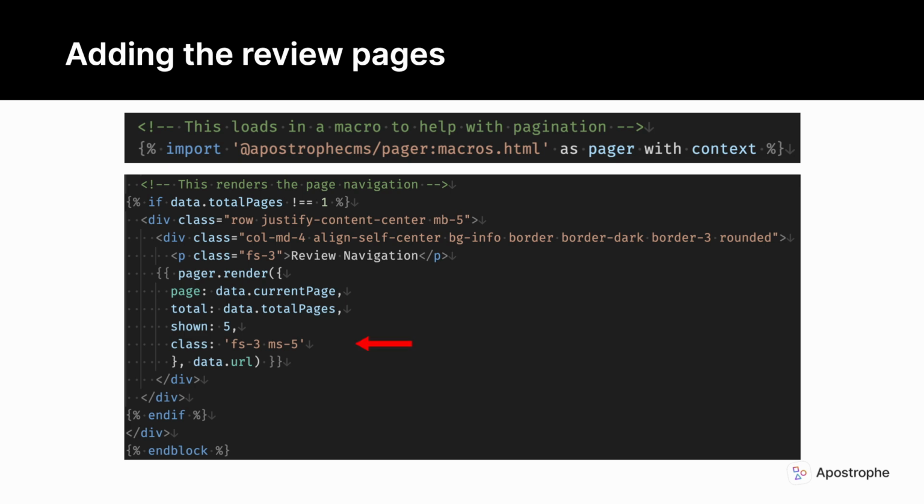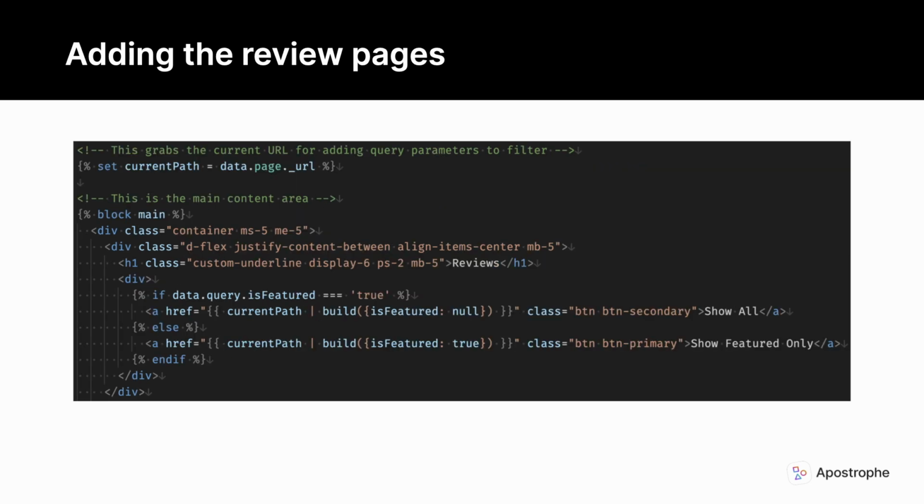The optional class property will add these classes to the wrapper around the breadcrumbs. Finally, the macro needs the URL of the page in order to correctly construct the links. All of this data is available for you to create your own navigation macros. Returning to the main markup of the page, after adding a tag to add our HTML to the main block,